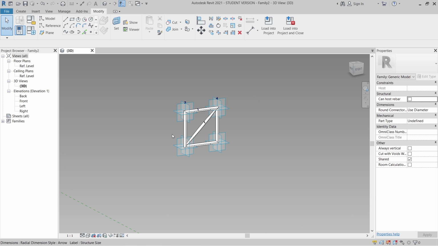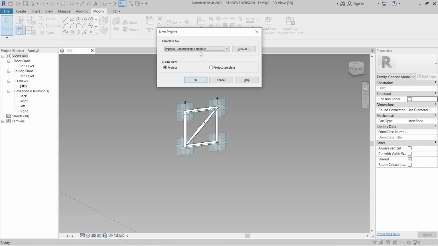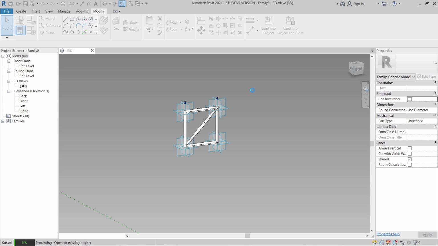Now it's time to load into our project, but as you can see, we closed our existing project already. So I want to open that. I will use my shortcut key because sometimes when you use shortcut keys in Revit, it makes you look more professional and expert. Control N on my keyboard for shortcut key, new project, drop down finding for metric architecture template, then it's okay.